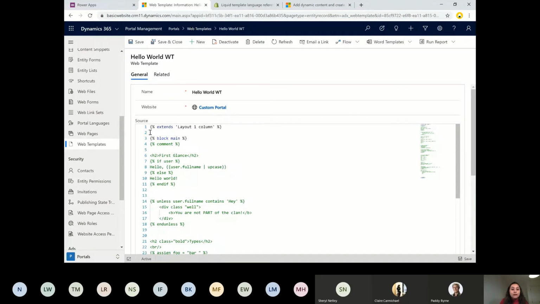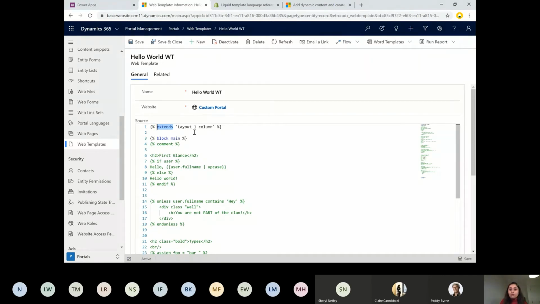Here, the first line is extends layout one column. What it means is I have another web template which comes out of the box called layout one column. It has some styling and things. I didn't actually want to write the styling part of it, rather to understand the main Liquid data types and things, so I have just extended this particular web template.